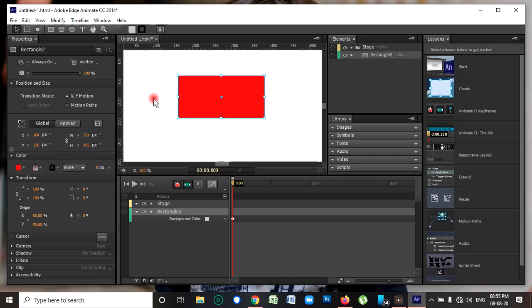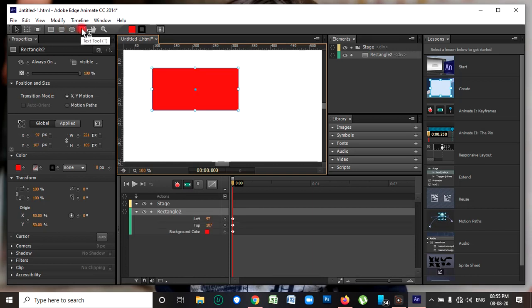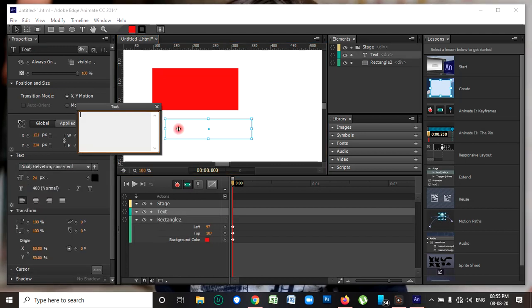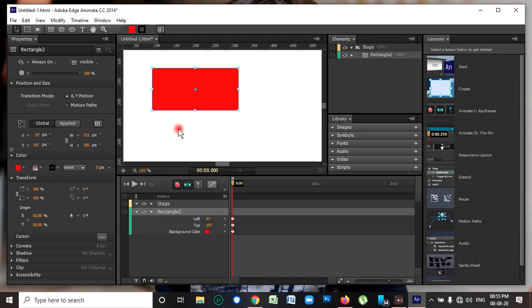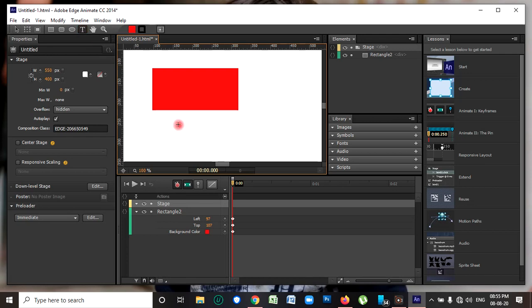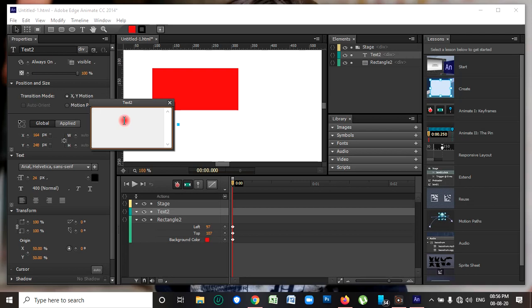Okay, now if you want to draw another box, from here we are going to click the Text tool, then click here, and now we can write whatever we want. Rectangle box.